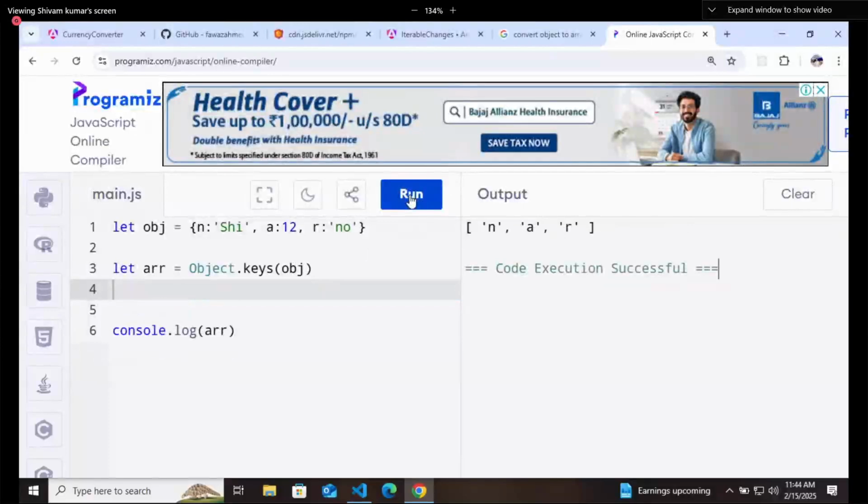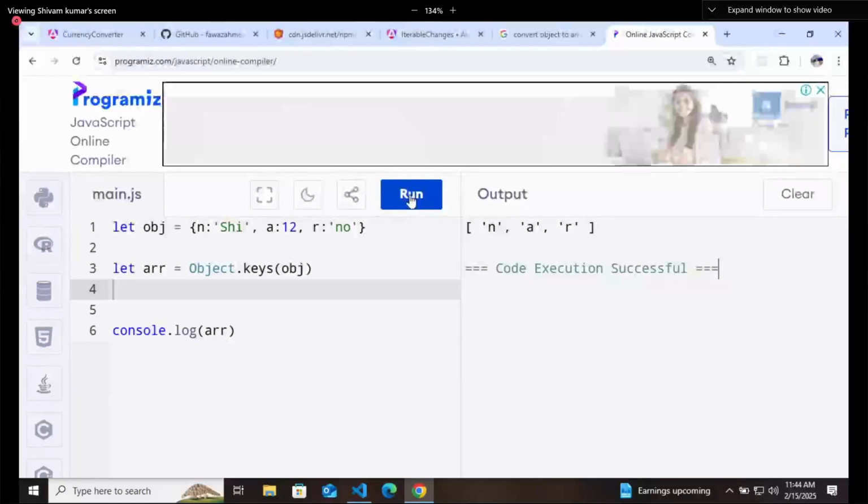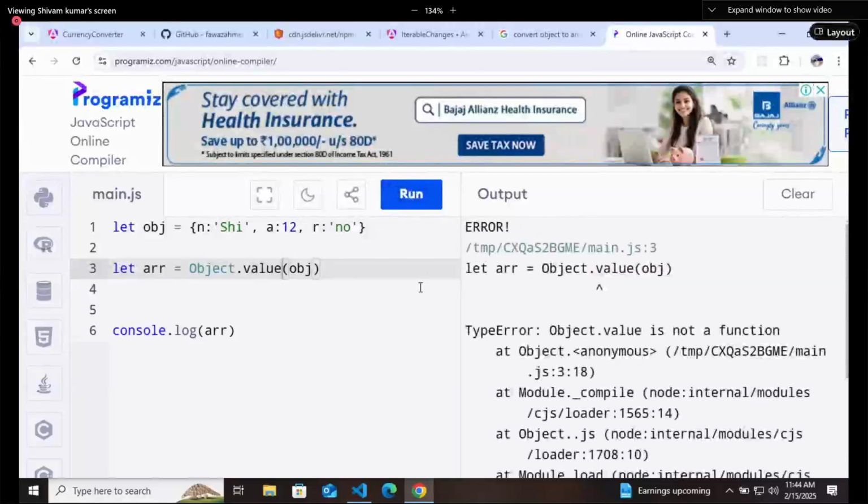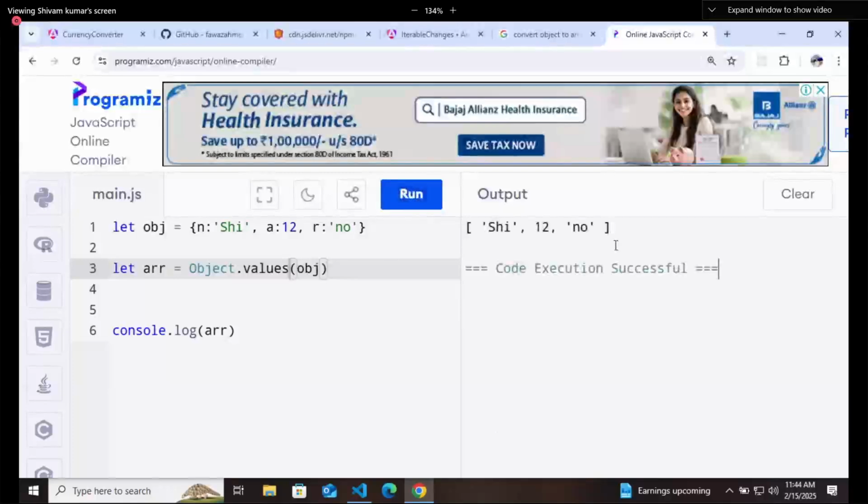And now this is getting printed as an array. You can take keys or you can take Object dot values. Both you can take. I kept Object dot values, so now you are getting the values.